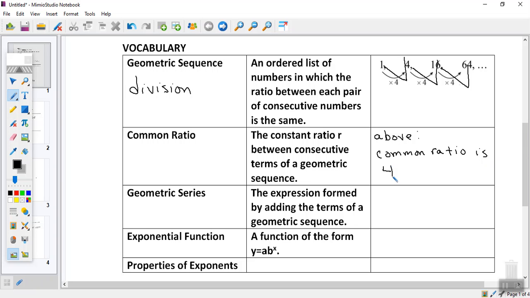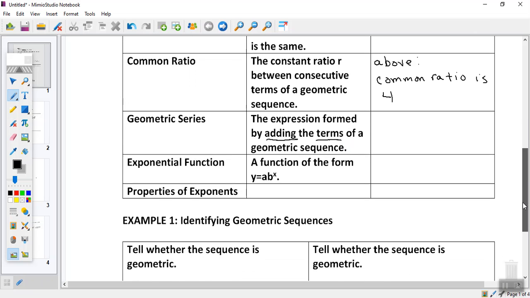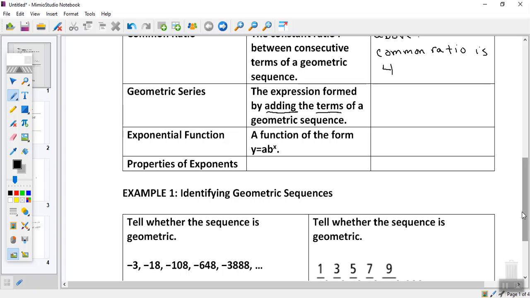Okay. Then guys, a geometric sequence is a list with a common ratio. Then a geometric series is the expression formed by adding the terms of the geometric sequence, okay? If I wanted to know what this sum was right here, I would take 1 plus 4 plus 16 plus 64. Okay, do you think there's going to be some rules or formulas for that? Maybe a Krabby Patty formula will be in there, okay? But a geometric series is simply going to be the expression formed by adding the terms of a geometric sequence,